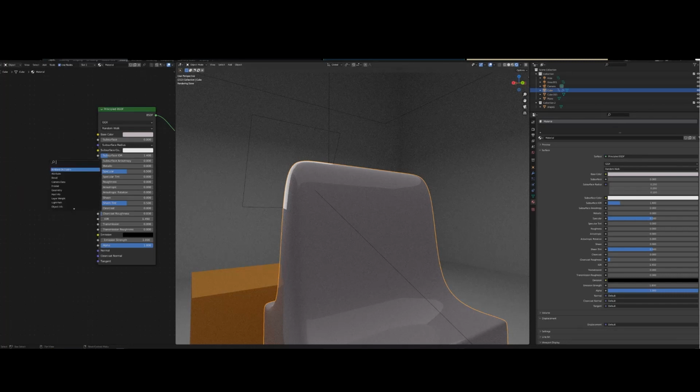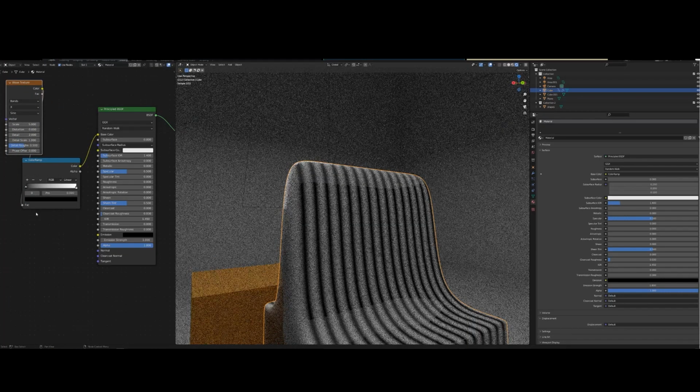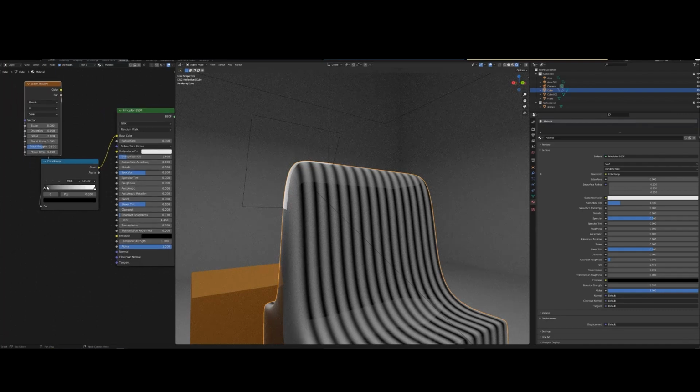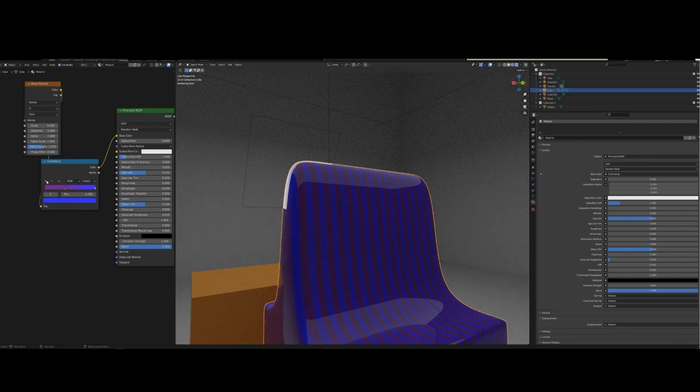Just a quick example, if I wanted to add stripes, I'll just search wave texture, and get what's called a color ramp. No, not a vertex color. A color ramp. Plug that color into the base color. Plug the wave, not wavelength, I wanted wave texture. Plug that color into the factor. And then boom, you've got stripes. And then you can control their color through the color ramp. Like so, and you can add